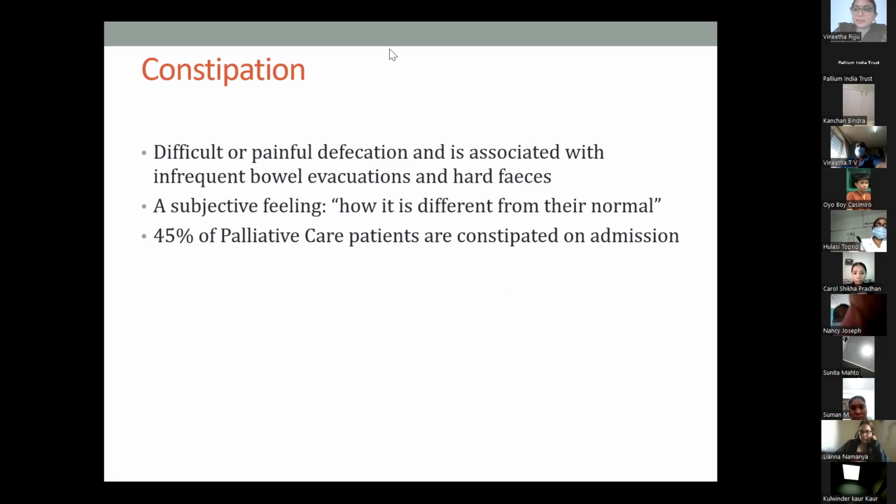When will you tell that a patient is constipated? You are going to see, a patient has come to you and telling you that now I've been very constipated. What is the next thing you will ask them? You want to know whether it is actually a constipation. What is it that you are going to ask them?